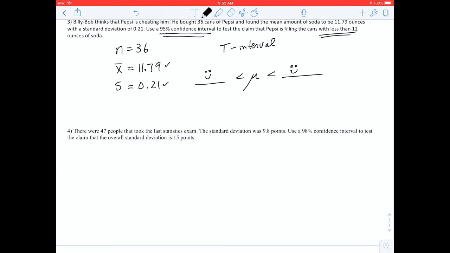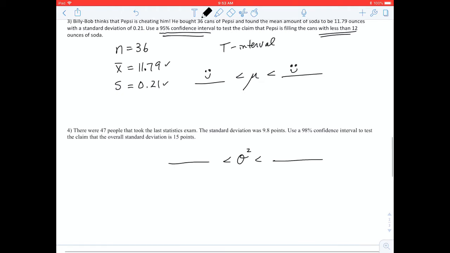And then the confidence interval for standard deviation. So this one is not in the calculator. You need to do this formula. So first of all, the interval looks like this. So it's for standard deviation squared, goes in the middle. Then you put n minus 1 times the s squared, and that would be this 9.8. You do the same thing